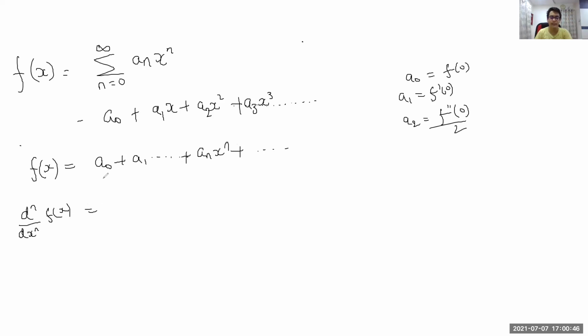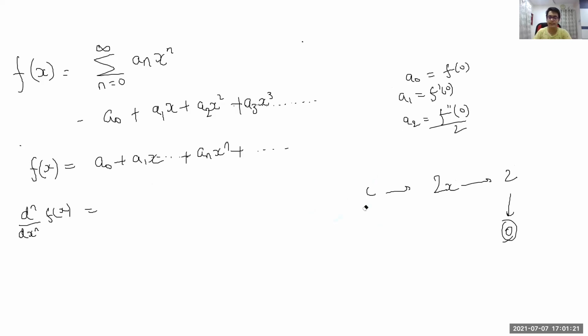Now note here, all the terms before a n, before the x power n, their exponent of x will be lesser than n, right? So let me explain this way. Suppose you have x square and you're going to differentiate this 3 times, right? So after one differentiation you get 2x, after the second differentiation you get 2, and now 2 is a constant. So if you differentiate 2 with respect to x, you just get 0, right?